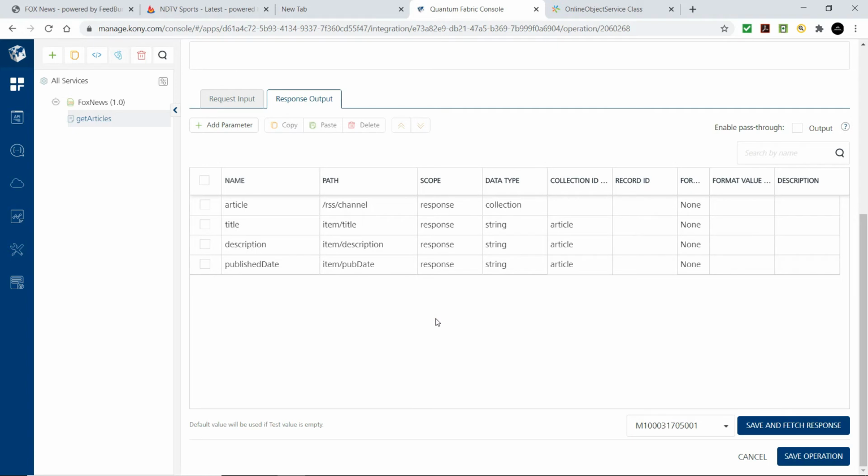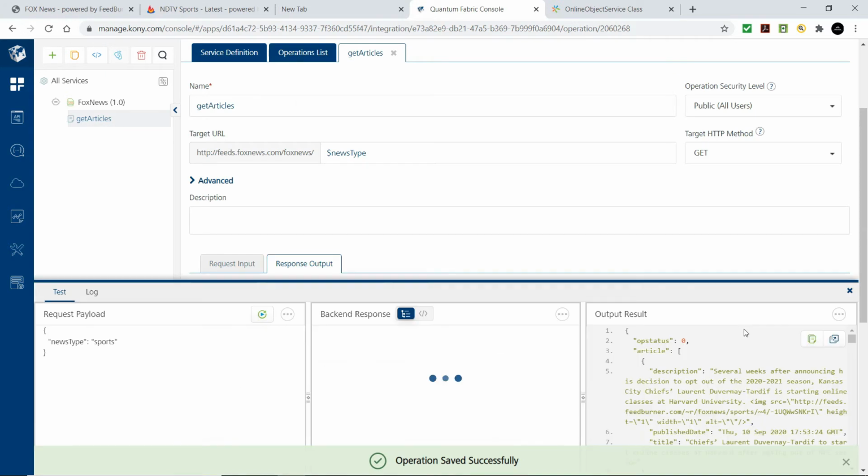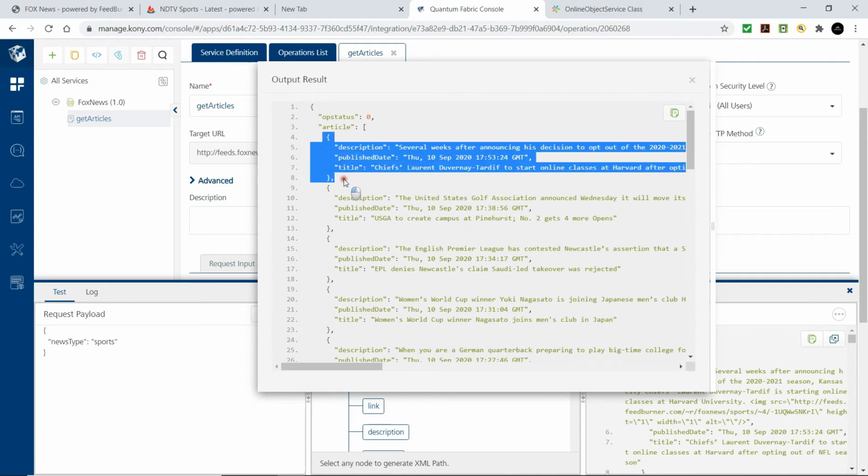Here we are configuring the attributes of each article that we'll have in the news feed. We are extracting the title, description, and published date of each article in the news feed. If we look at the output, each article contains title, description, and the published date.